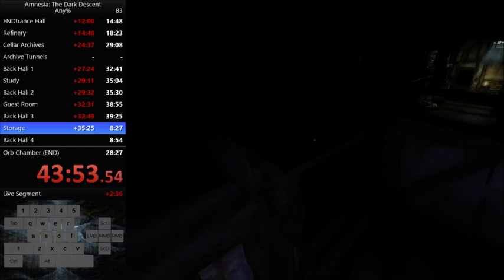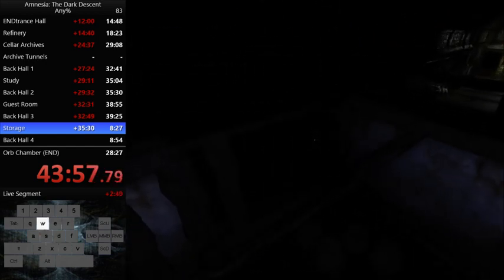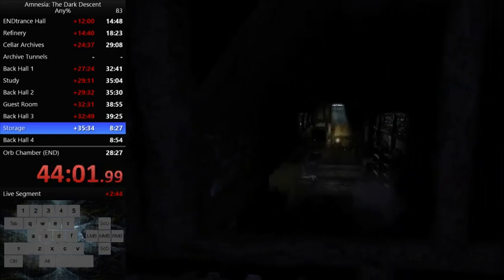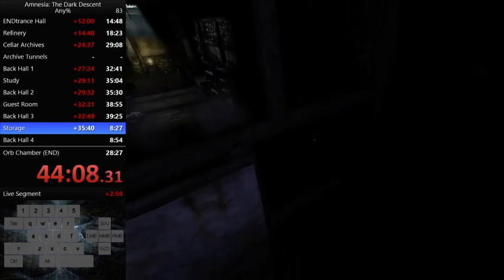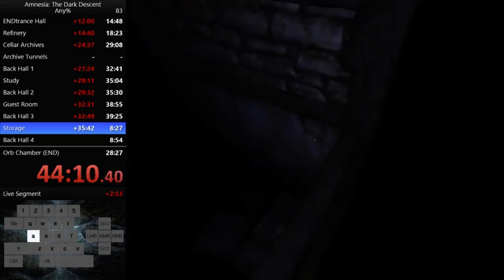Now when you're on this roof here, you want to just keep walking forward after you turn to the left in that corner. You want to keep walking forward until you come to this, where you can see this room. Here what you want to do is jump on this ledge here,